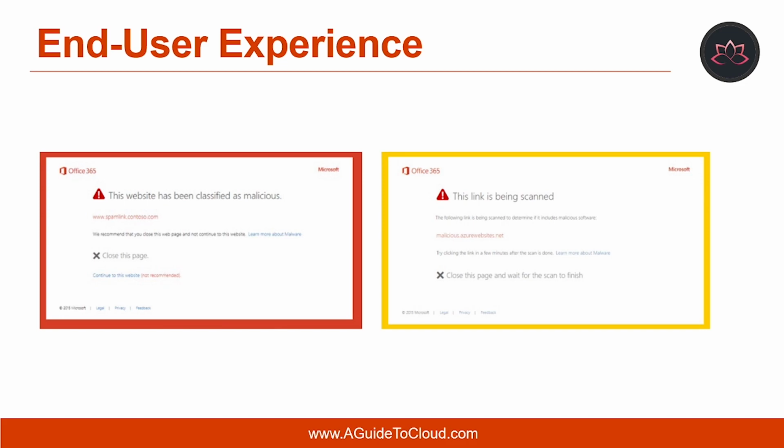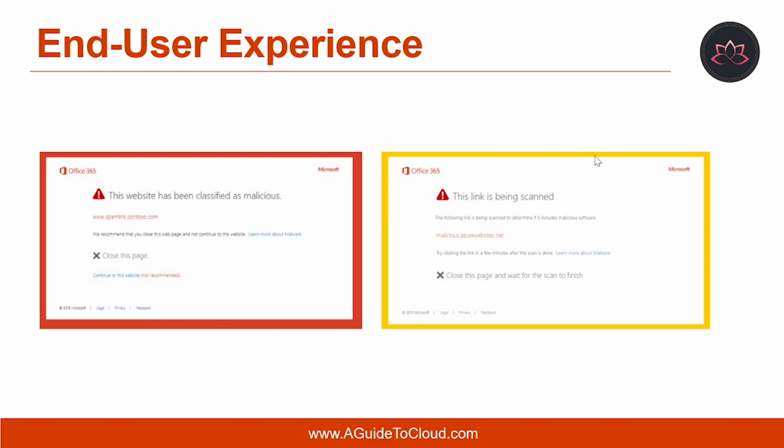Someone sends a user an email message that contains a URL to a website, and the message flows through the anti-malware pipeline. Assuming it passes through all the initial checks, it eventually arrives in the recipient's inbox. The user opens the message and clicks the link. When the user clicks the link, the URL is redirected to a secure server that checks the URL against a block list of known malicious websites. If the link is safe, the user's browser navigates to the target website. If the link is malicious, the user's browser displays a warning sign like this.